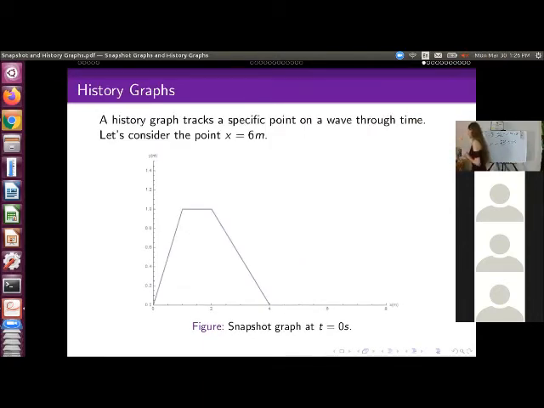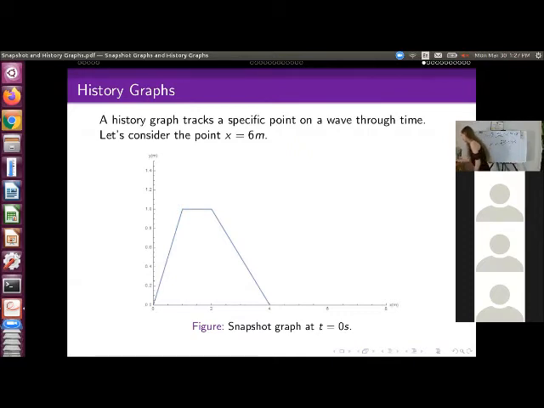So are there any questions about snapshot graphs before we move on to history graphs? Also, for this week, with the snapshot graphs, you're not going to have to worry about the fixed end, I don't think. I looked at the problems and it looks like they're just looking at snapshots in time where you're not worried about what's happening at the end. But it is important to understand what happens at the ends because that will come into play later